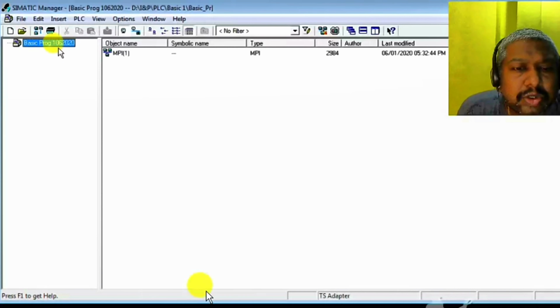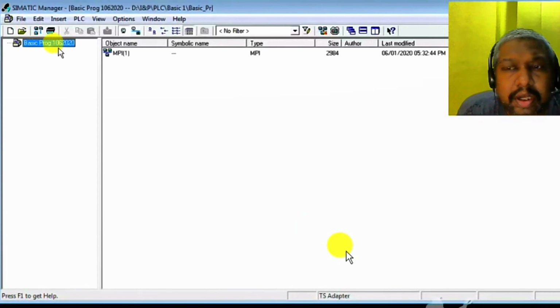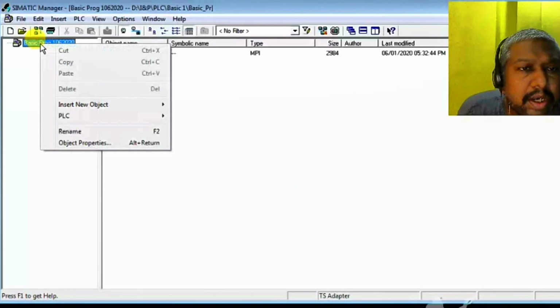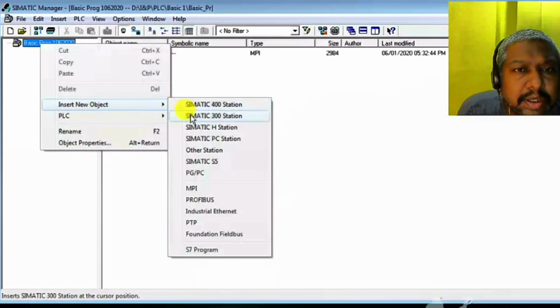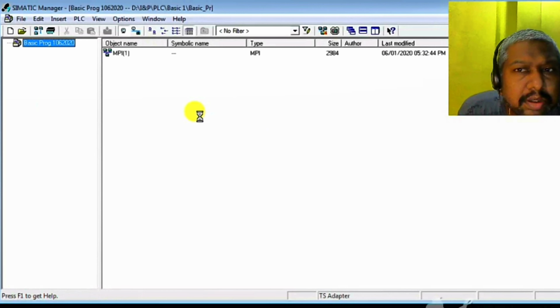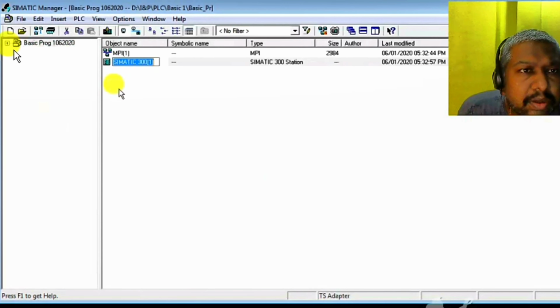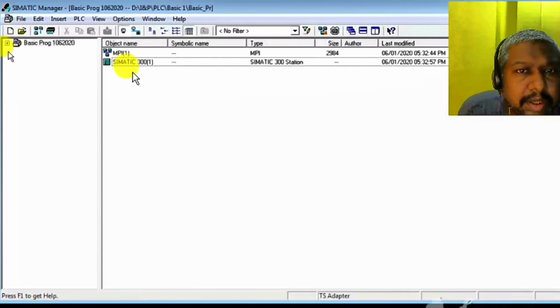After the project is created, we have to insert a station, 300 station or 400 station, whichever we require. I want 300, so insert a SIMATIC 300 station. Right click on Insert Object, SIMATIC 300 Station, click on OK. Look, this is expandable and the SIMATIC station is inserted.